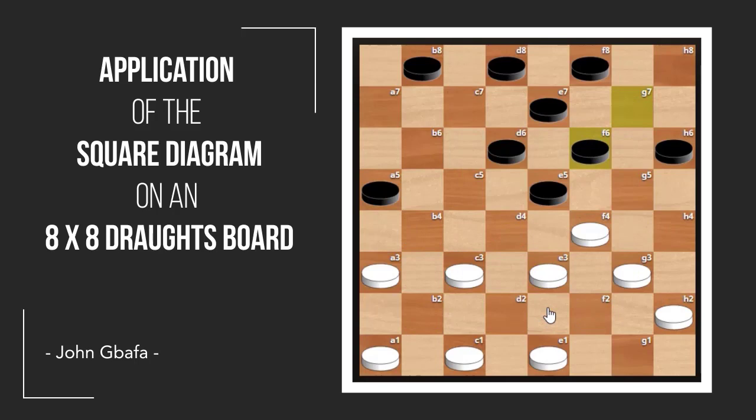And then the opponent responded with G7, F6, and I moved to D4. I played E3, D4. Let me explain the move. My opponent played G7, F6. If you draw the square,